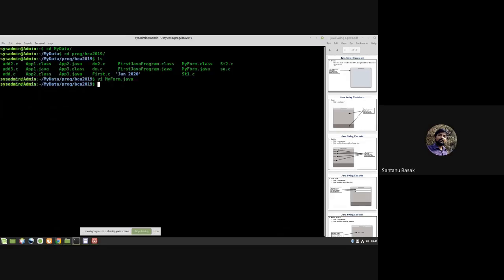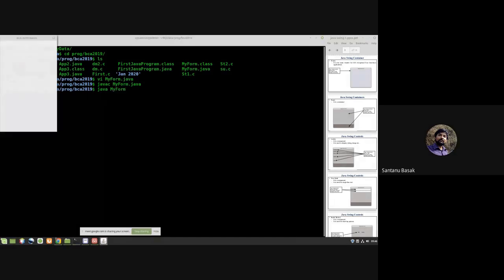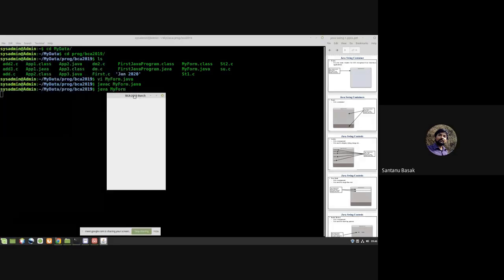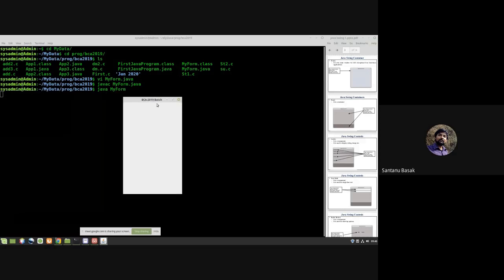Compilation is done. Now we'll execute our program. So this is our output, and you can see the title bar, BCA 2019 batch, is printed, which we provided when calling the setTitle method of JFrame.